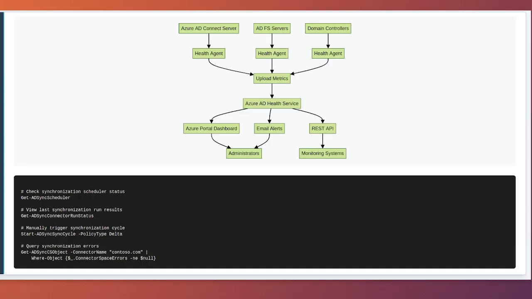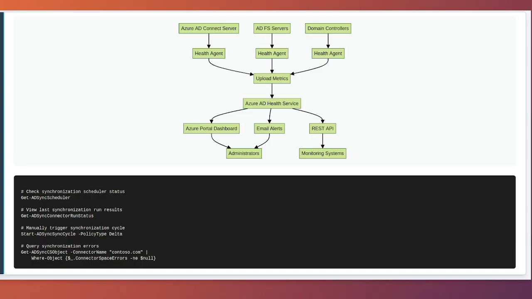The Azure AD Connect Health portal provides dashboards showing synchronization errors, duplicate attribute conflicts, authentication failures, and performance metrics. Alert notifications can be configured to notify administrators via email when critical issues are detected, such as synchronization failures or